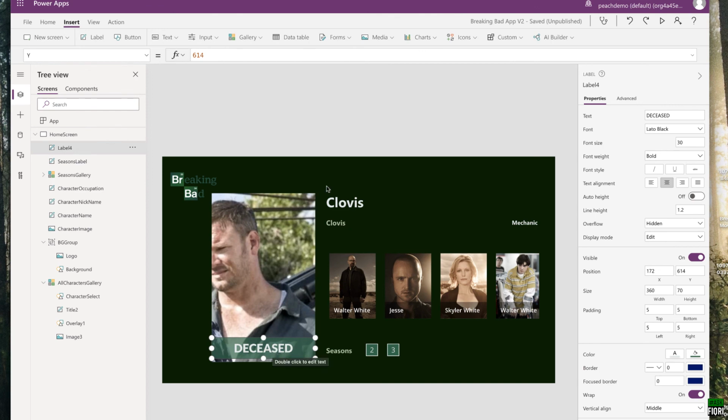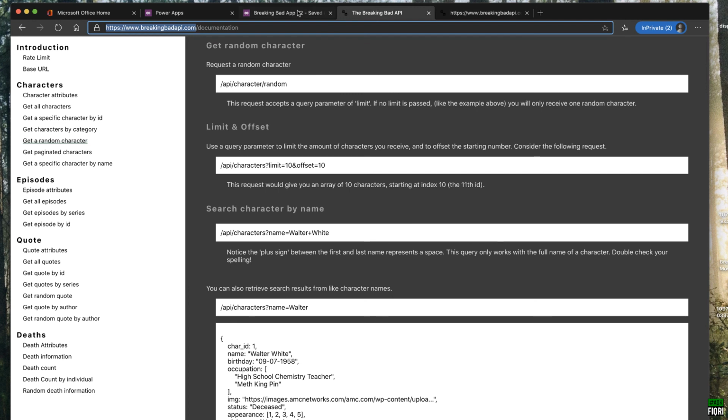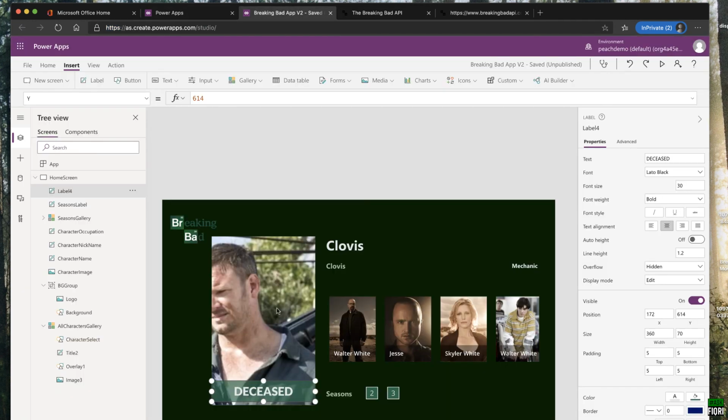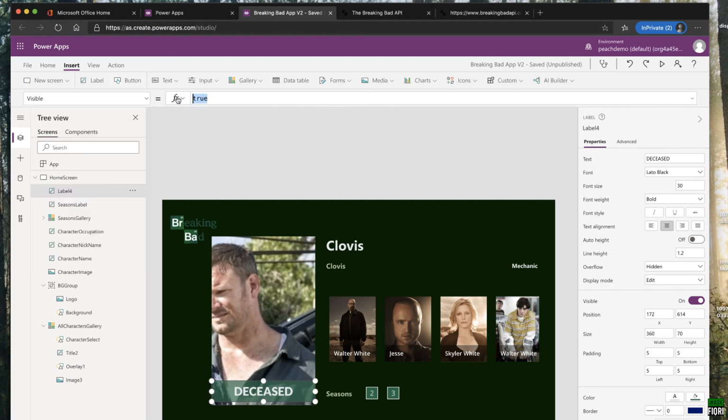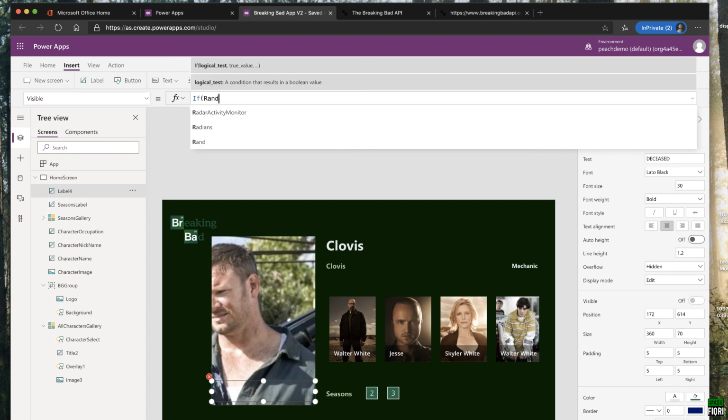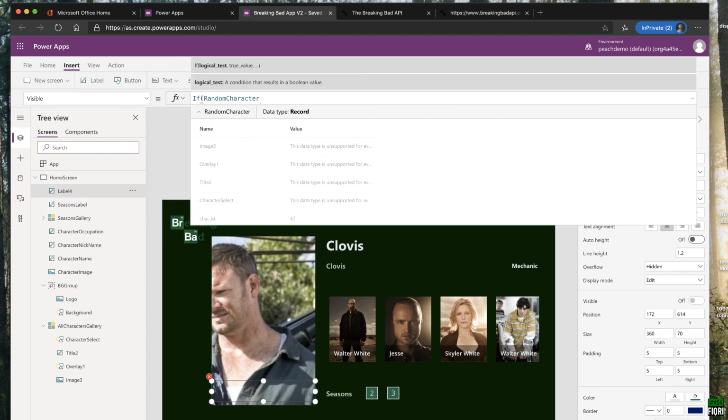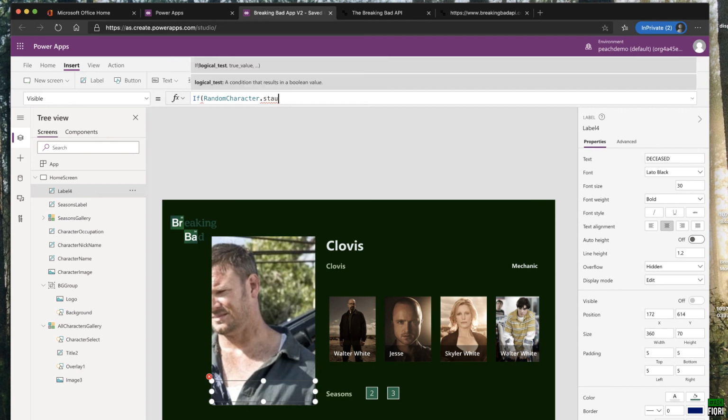How are you going to do that? The value will be status. See, the status value. So we already have that value. We go back to our Power Apps and then you select the label and drop down. You will get a property called visible. See, it says true. Then we can select an if the character, the random character, the variable dot status